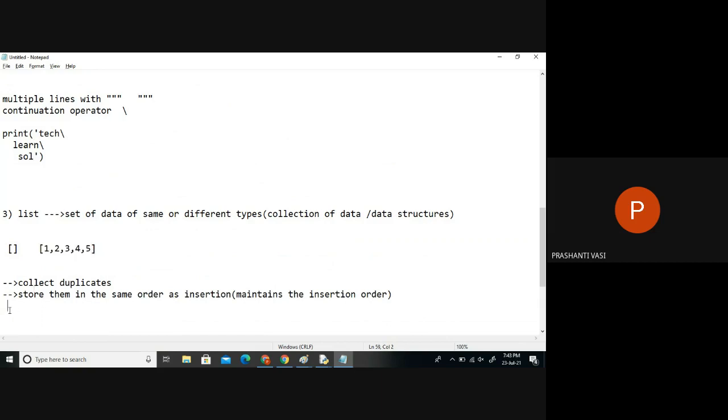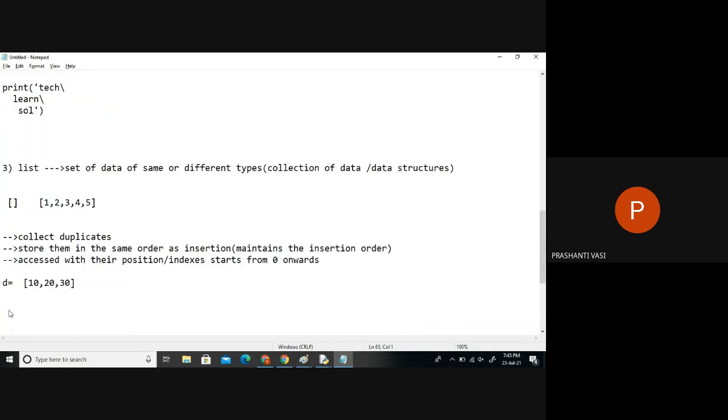And we can say this data can be accessed by indexes, with their positions. These positions are also called indexes, which start from 0 onwards. So if I have taken a list of, let us say, 10, 20, 30, I have 3 data right now, and I want to store this in a reference D. I have taken a variable called D, and it's pointing to this list information.